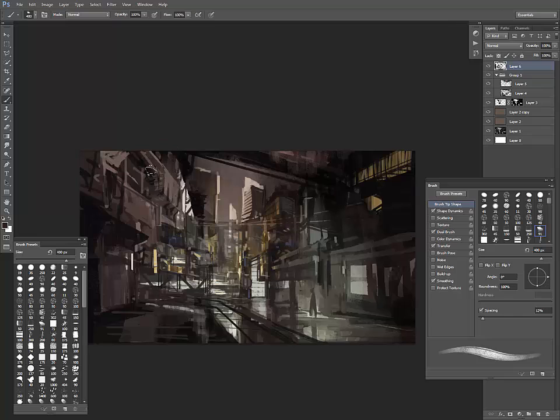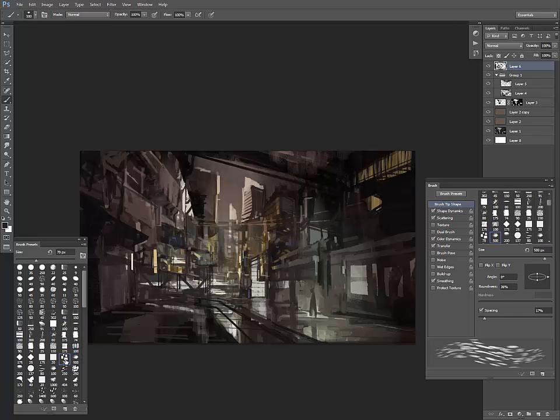Cityscapes are so fun to paint, especially after you visit places like Tokyo and Shanghai. Those major metropolises, these megacities, are just ridiculous. Because I live in Canada, and our downtowns are kind of small, and I don't really go there too much. But when you go to Shanghai and places like Hong Kong, it's quite crazy, eh? Canada closes so fast. Everything shuts down at 1 o'clock. Places like Shanghai and Tokyo, they don't sleep. In Shanghai, you could take a taxi anywhere, whenever you want, because the taxis are dirt cheap. It's just ridiculous. At 3 o'clock in the morning, you can...